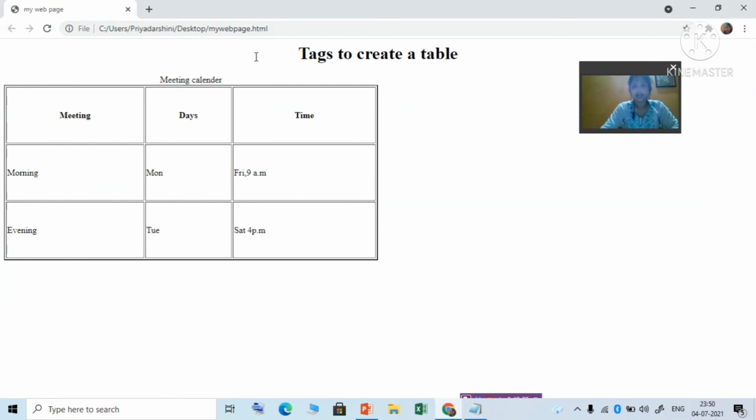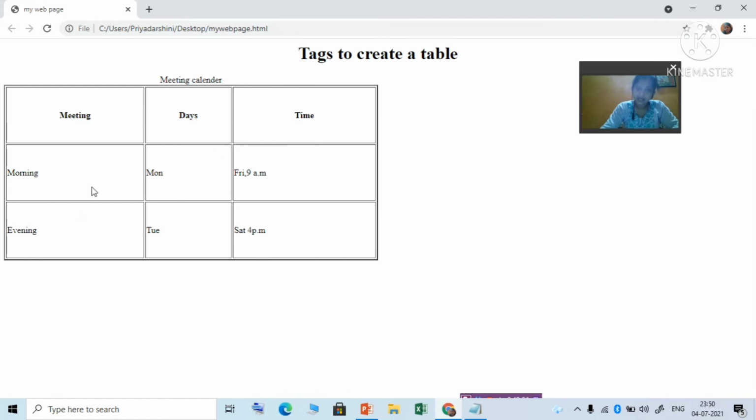This is your heading, and my web page. Here you can see this is your title, which appears in the web page. The heading appears as the head of the web page, and this is your table. For creating a row, we use the tr tag, table row, and these are the table data. In one row, first you create a row, then enter all its data, then close that row.